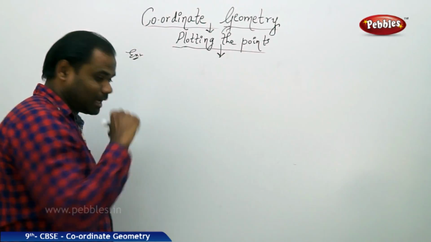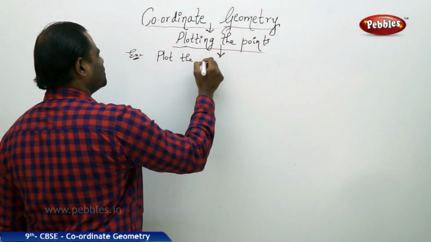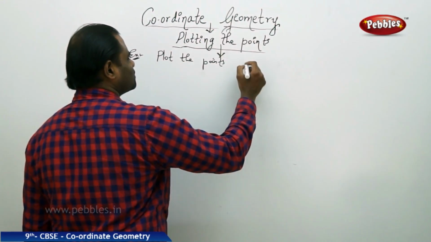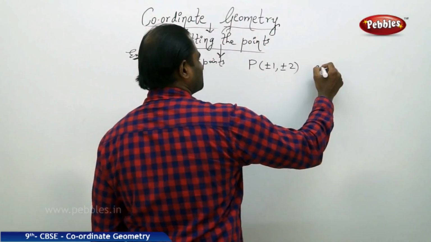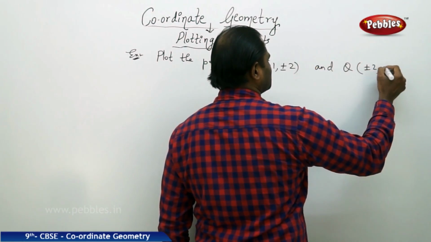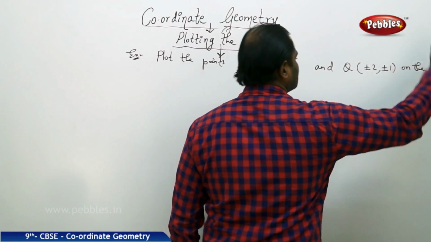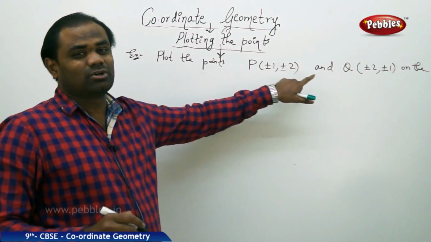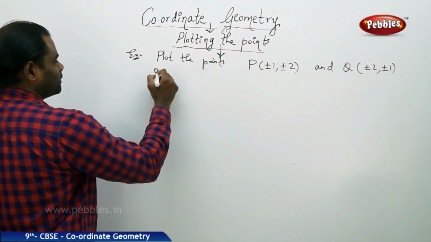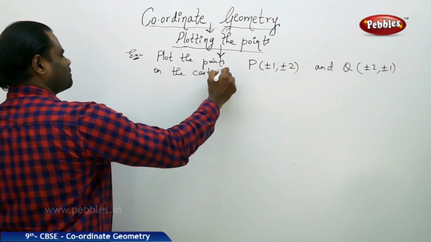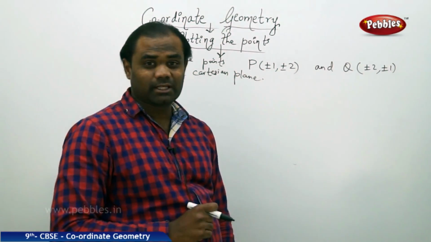So for example, I have a question which says, plot the points P is plus or minus 1 and plus or minus 2, and Q is plus or minus 2 and plus or minus 1 on the Cartesian plane. So I would like to plot the points P and Q in the Cartesian plane,